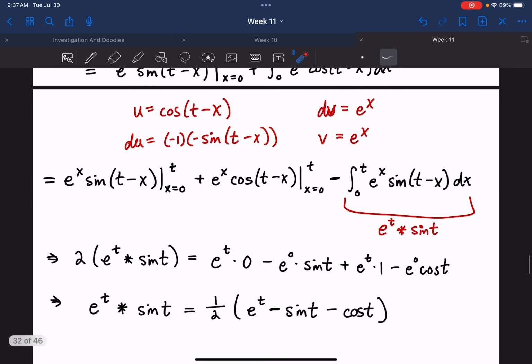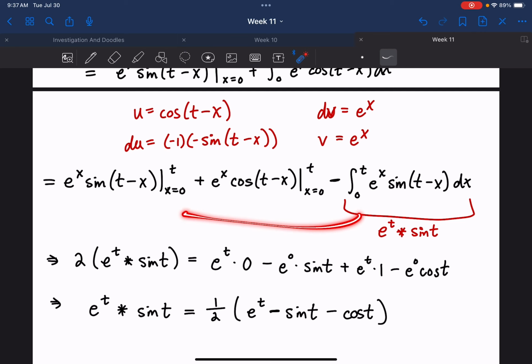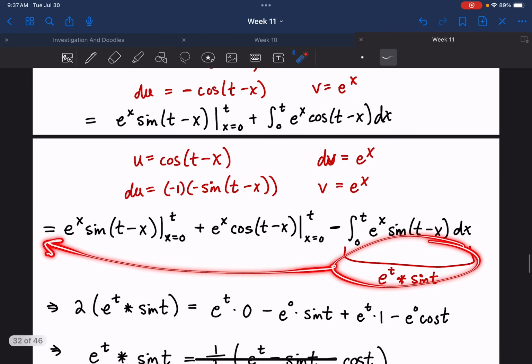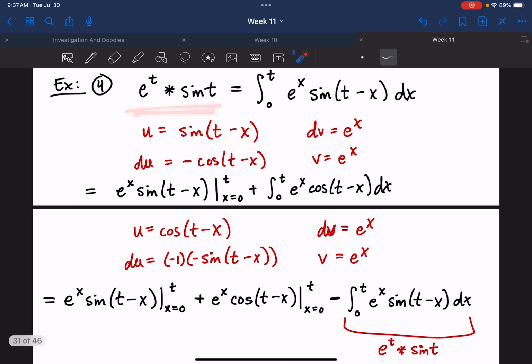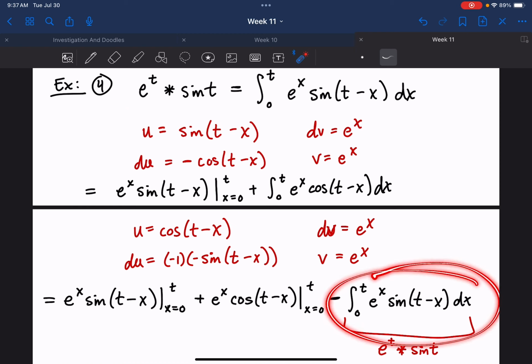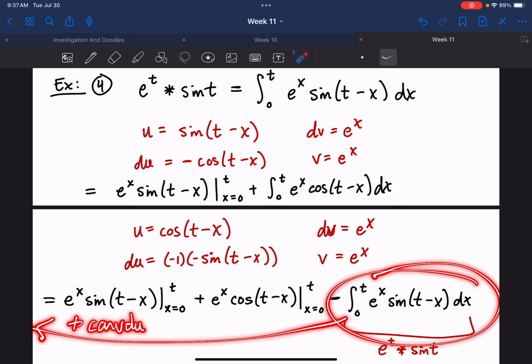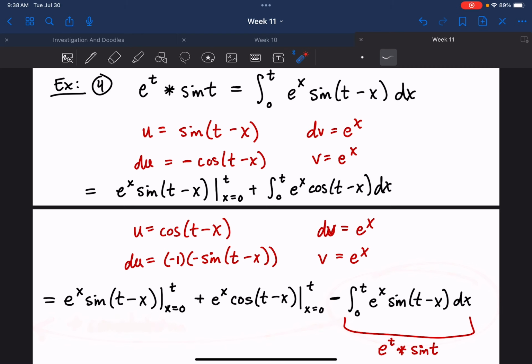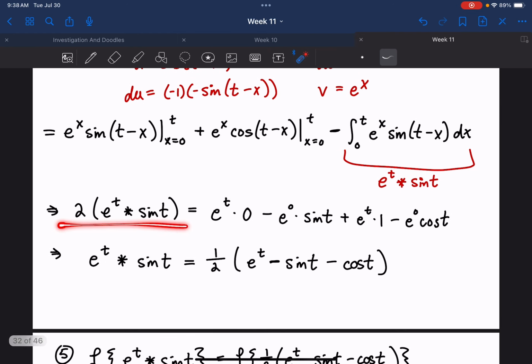So we can move this across the equal sign, right? Take this whole thing and move it across this equal sign and combine it with this one. So this is a minus convolution. When you move it across, it becomes a plus convolution. And when you combine it with this, you get two of those on the left-hand side, right? So two convolutions is this and this, evaluated at 0 and at t,